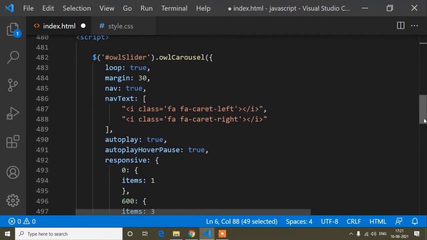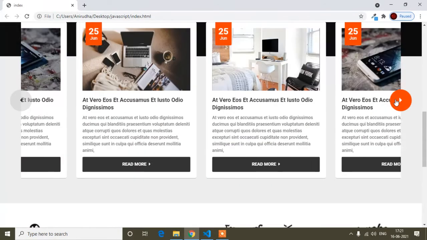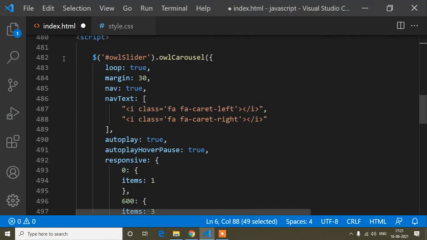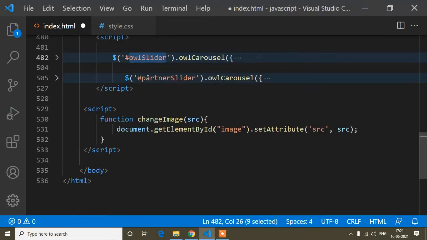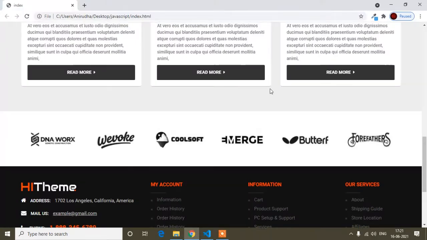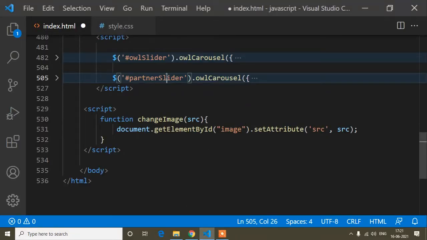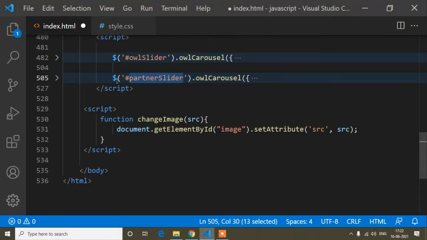Again I'm showing, I have added two Owl Carousels, for this slider and for this one. So here you will get two slider codes. This is the first one, the cart slider, for this one, and the other is the partner slider, for this one. So you have to add this code.